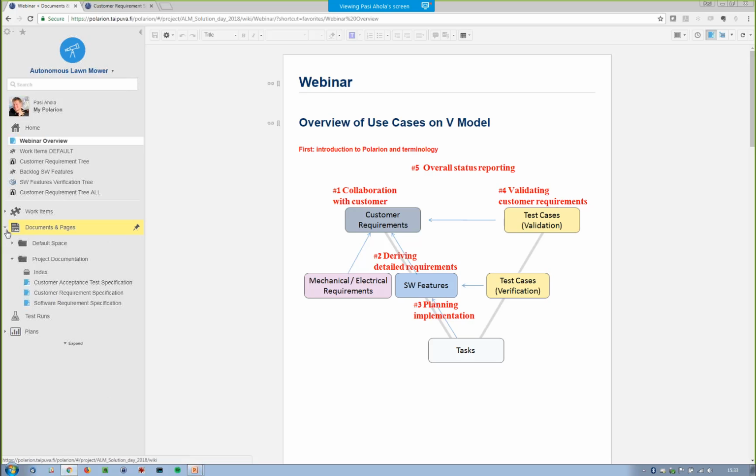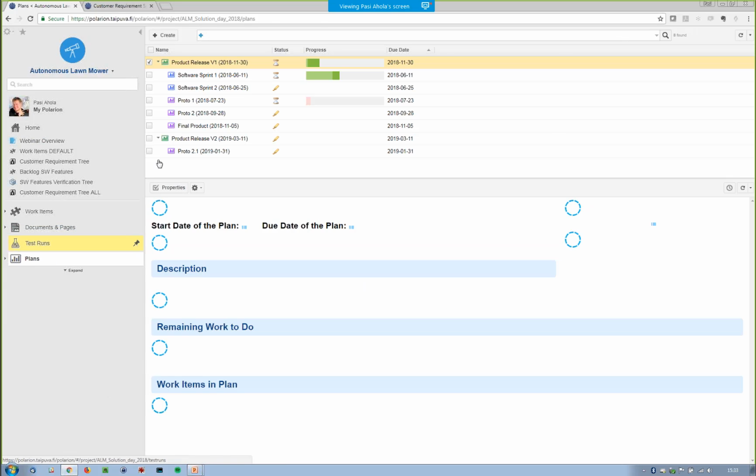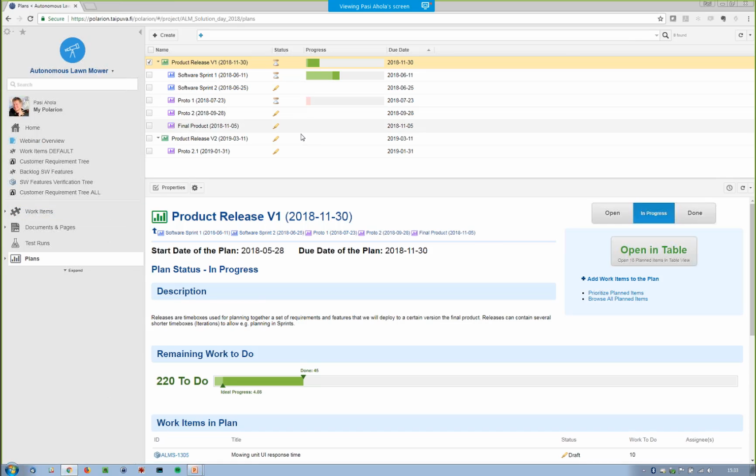For that purpose, I open this plans section here in Polarion. Now the planning in Polarion works so that we can have different types of plans. For example, here we have product releases, these two, and then we have software sprints or software iterations, and then